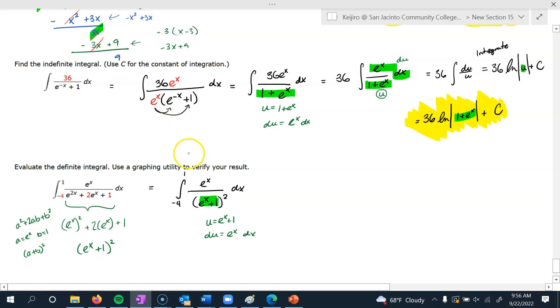And first, let me figure out something. If I take this substitution and I plug in my bounds for x, if I say x starts at negative 4, that's where my integration begins. Well, if I plug in negative 4 into there, that's going to mean that u is e to the negative 4 plus 1. Not great, but